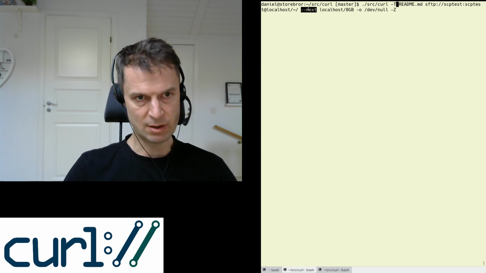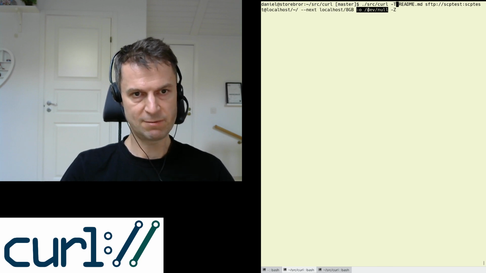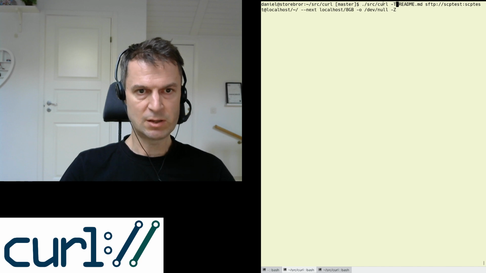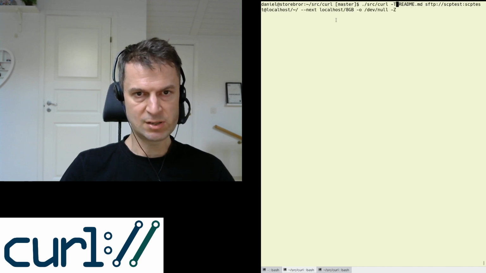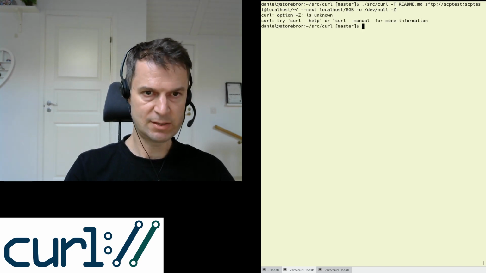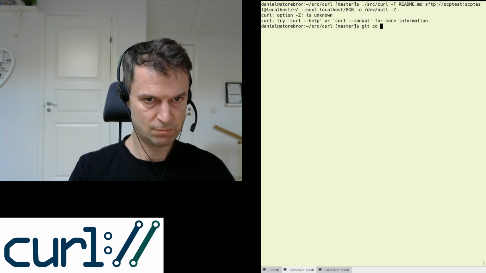basically says forget everything, start over, and then it adds another URL to download from and download to this file, which of course then doesn't store anything because I don't want to. This is just 8 GB of zeros. So it uploads a small file over SFTP, downloads a big file over HTTP in parallel. But that's how it works. So that of course doesn't work like that. So I need to